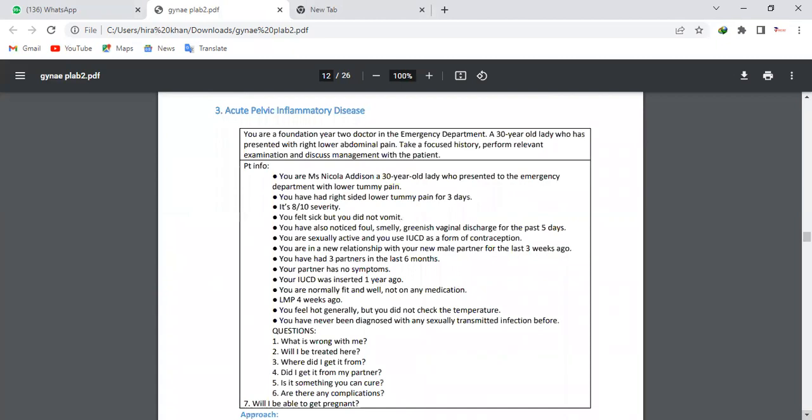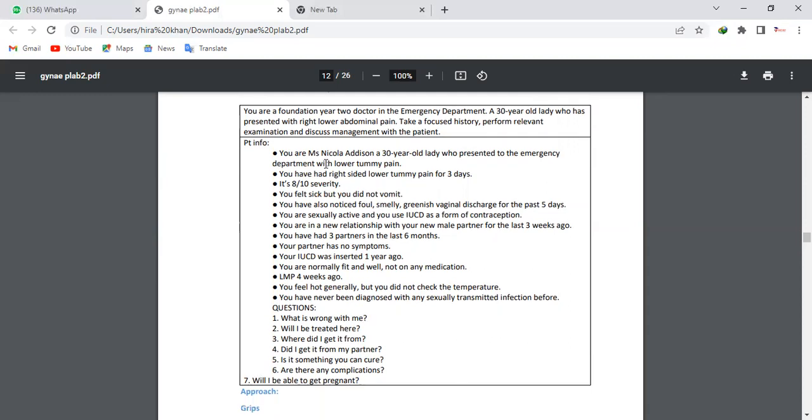Now, the point I was about to mention previously: if you were not in the genitourinary clinic and you were in the GP clinic and you did this test and the patient has been diagnosed with gonorrhea, how are you going to deal with it? The most important point in the management would be, I am going to refer you to the genitourinary clinic. So whether you are in the emergency department, the gynae department, or the GP surgery, if the patient has been diagnosed with an STI, you have to refer them where? Genitourinary clinic.